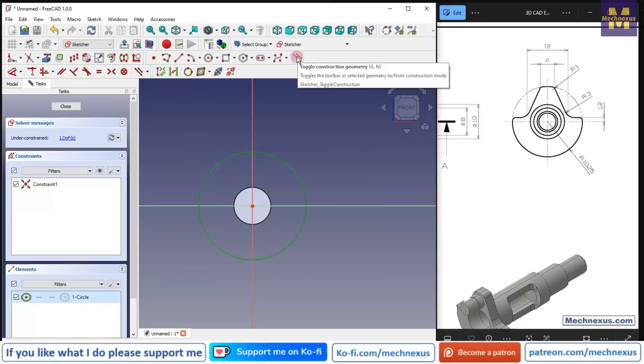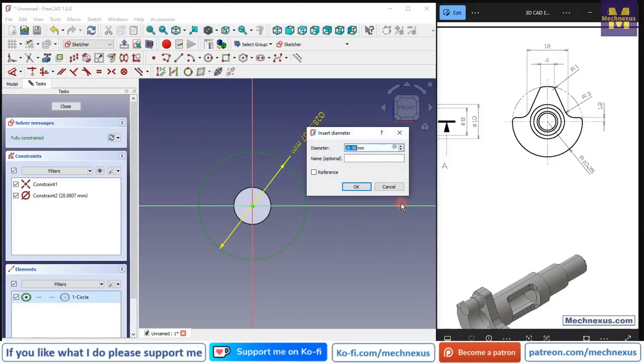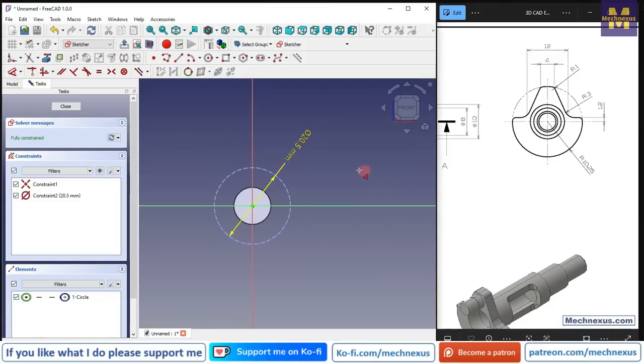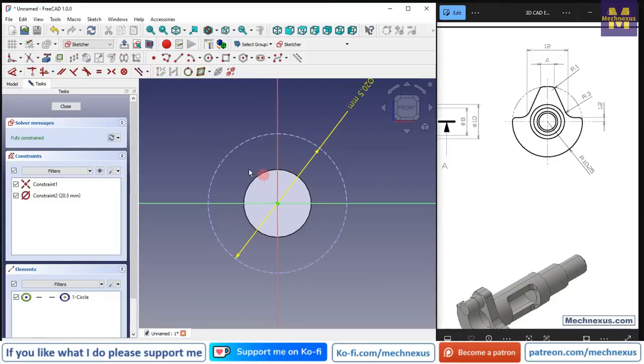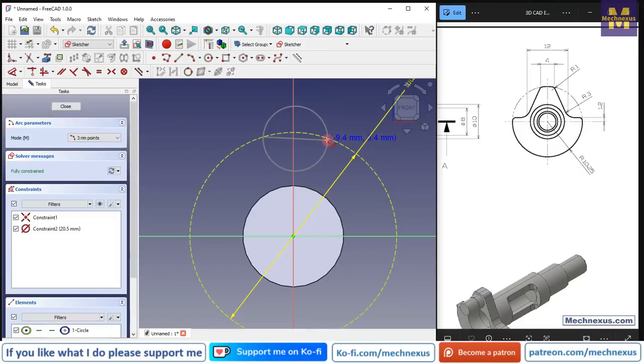So here is the option to toggle from regular geometry to the construction. And now the diameter is 20.5, so select the diameter and give it 20.5. And now here we will create a 3-point arc. Here the diameter dimension is 4, so we will create a 3-point arc. We will go here and select a 3-point arc,